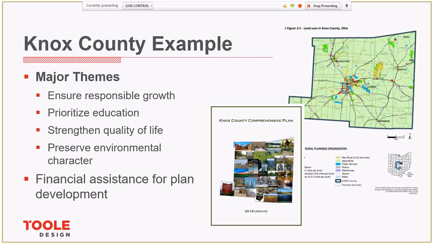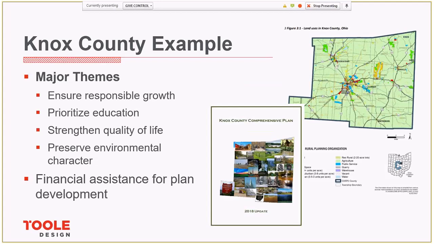This is just one example from a county in Ohio, Knox County. This is their Comprehensive Plan 2018 update. The plan raises and seeks to answer questions such as, where does Knox County desire future industrial, commercial, agricultural, and residential development? What kind of jobs should the county pursue, create, or maintain? What does Knox County want to be positioned as in the next 20 years? And what can be done to best preserve their rural character and natural beauty?